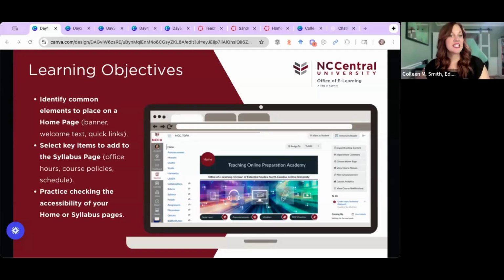The second is select key items to add to a syllabus page. So your office hours, course policies, a schedule that your students might plan on hearing from you. So if you send out an announcement every single week, what time does that announcement come out? When students submit an assignment, when should they expect feedback from you? All of these things build trust and consistency within your messaging, and that's something that we want to talk about